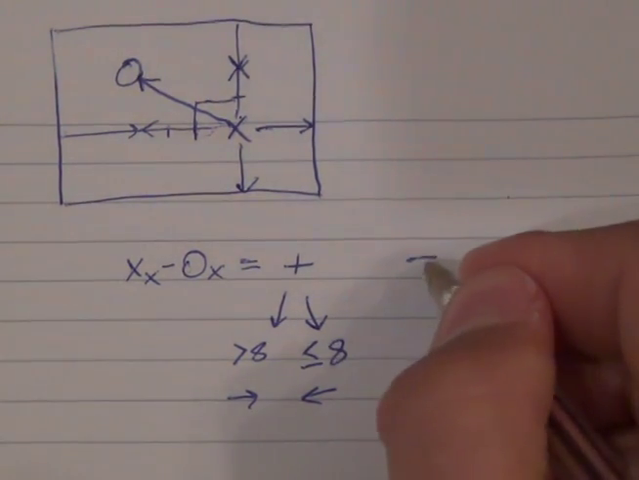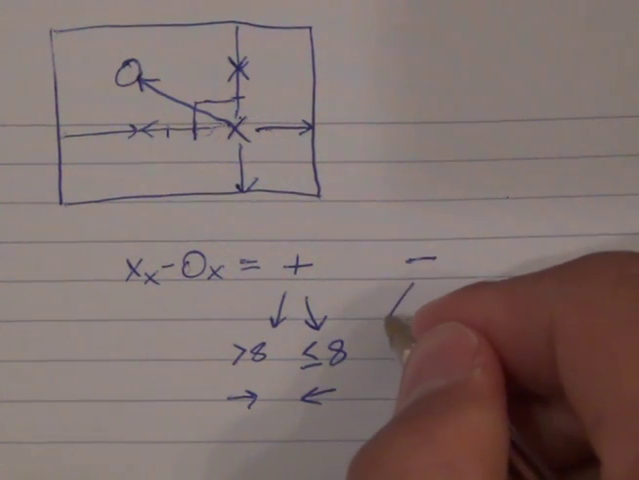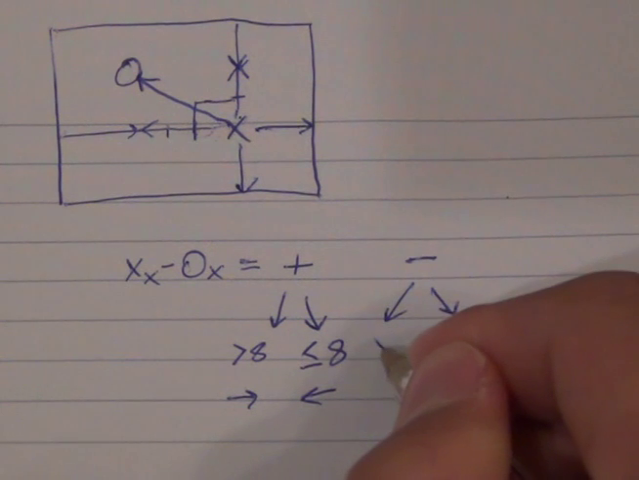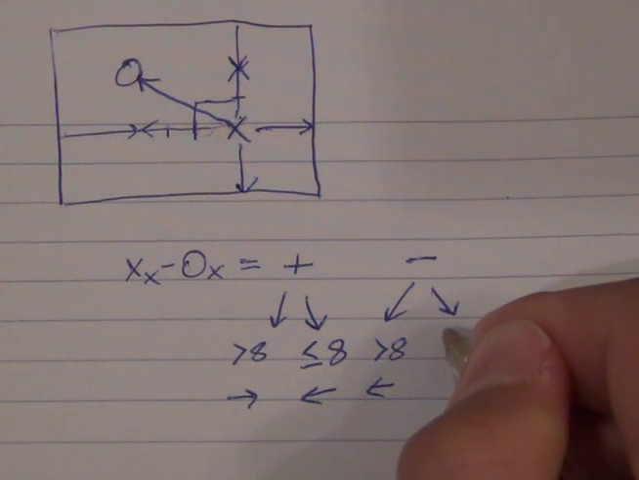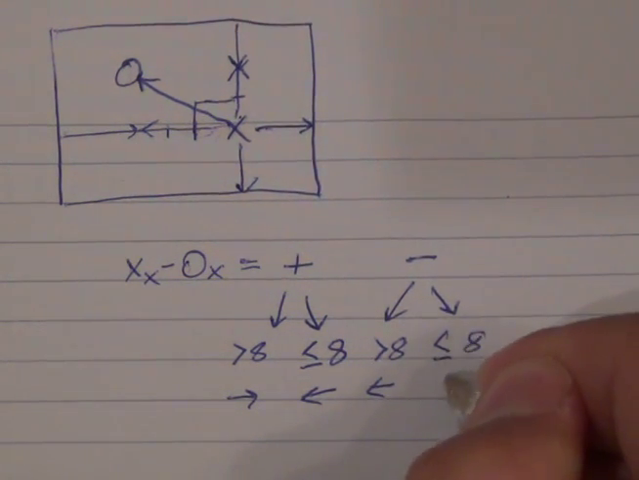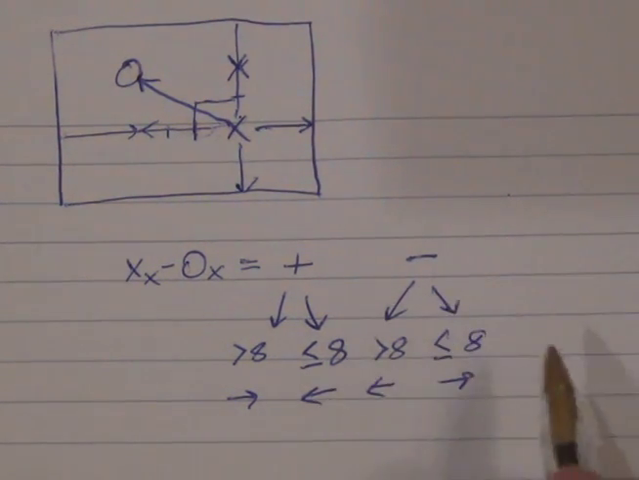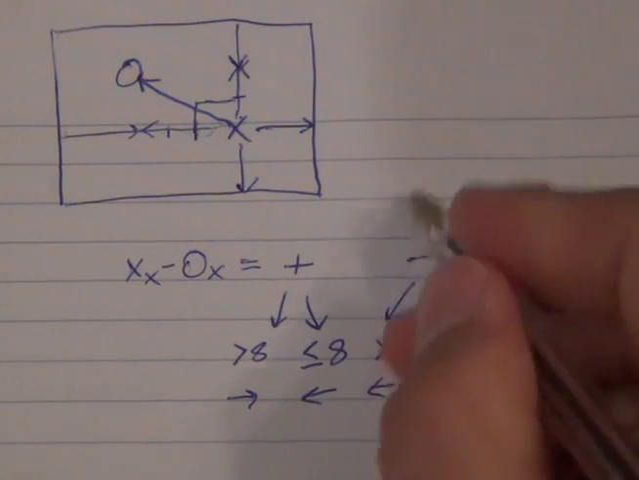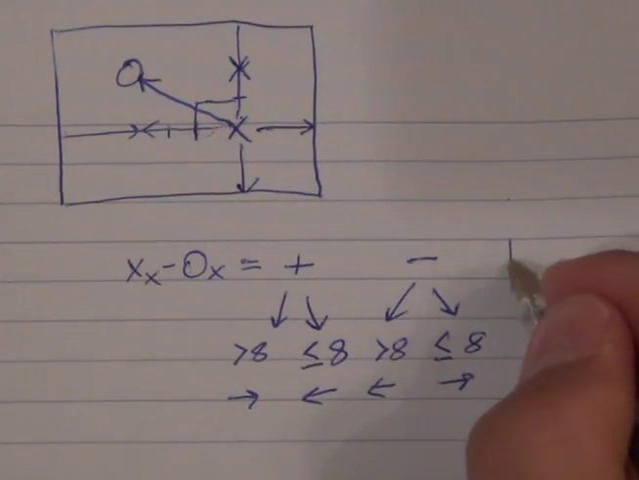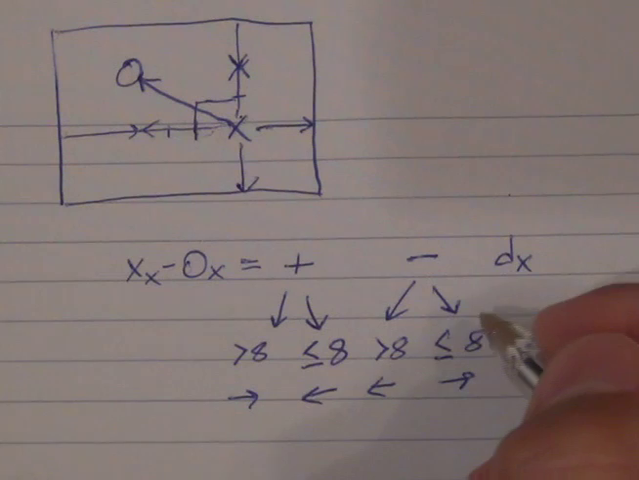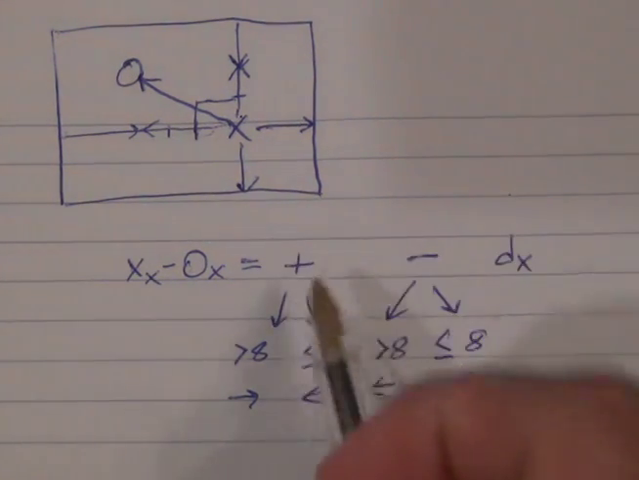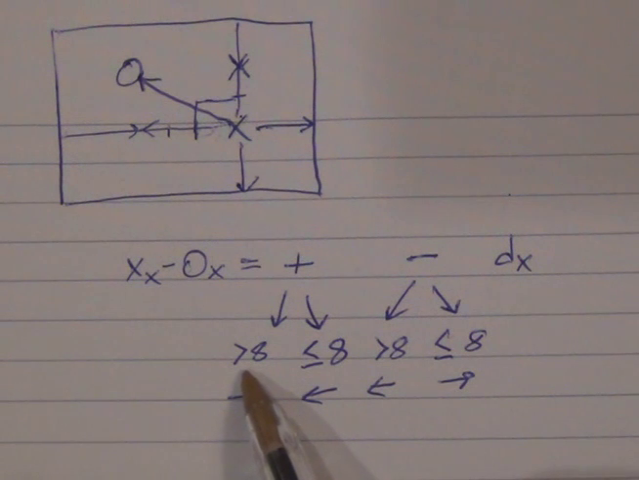But if it's a negative difference, then it's the opposite. So if it's greater than 8, we're going to want to go to the left, and if it's less than or equal to 8, we're going to want to go to the right. So the easiest way to do this is to take whatever number this is. Let's say this is dx, okay, and we're going to multiply that by